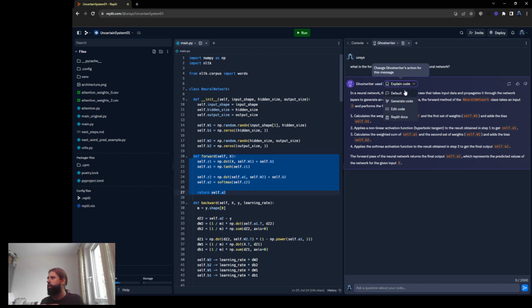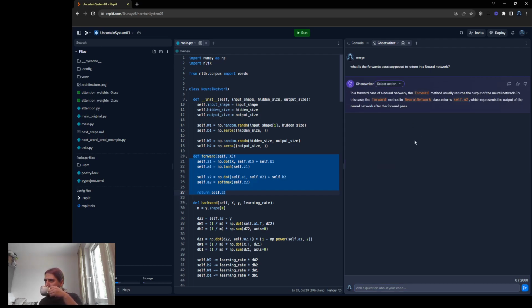I want default. I suppose I return the output, right? Okay. But I want, it's currently returning something of shape 5, output size,